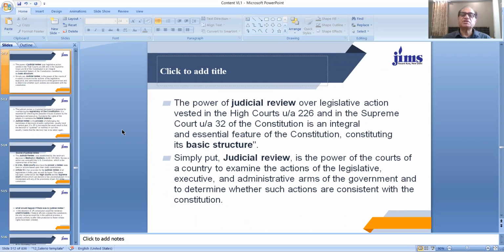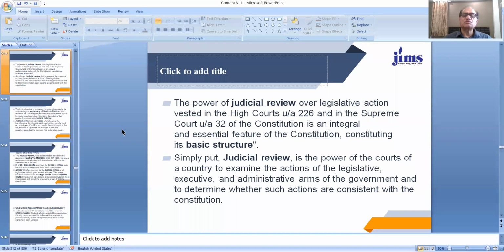This power of judicial review over legislative action vested in the high courts under Article 226 and in the Supreme Court under Article 32 of the Constitution is an integral and essential feature of our Constitution, constituting its basic structure. You cannot change Article 226 or 32 because it constitutes basic structure of the Constitution. Simply put, judicial review